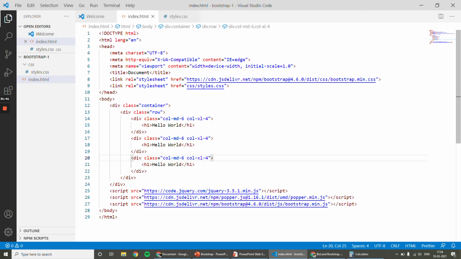I have seen this so many times. People will directly write col-md because they start developing the web page for larger devices, so it will look good. When they see their output in the browser, only then will they see the problem. So always start with mobile view.